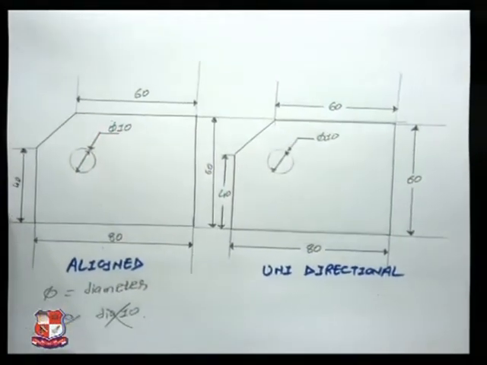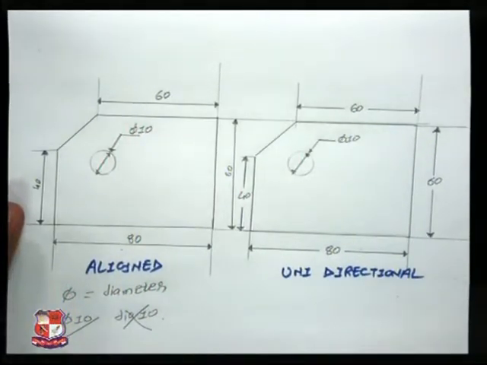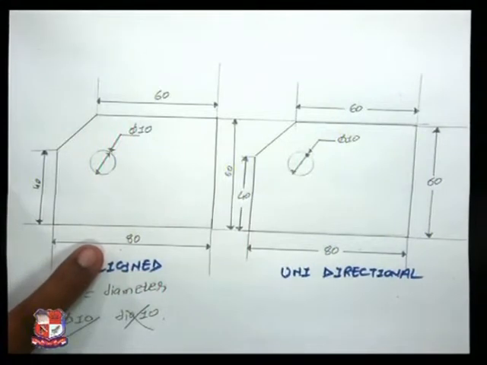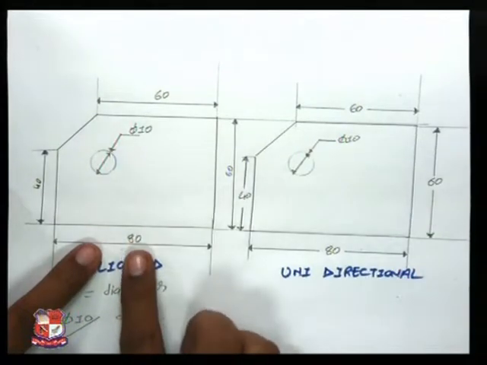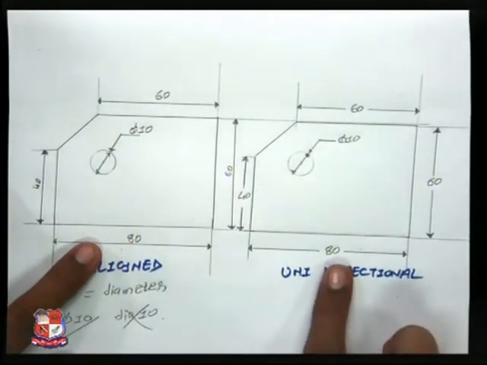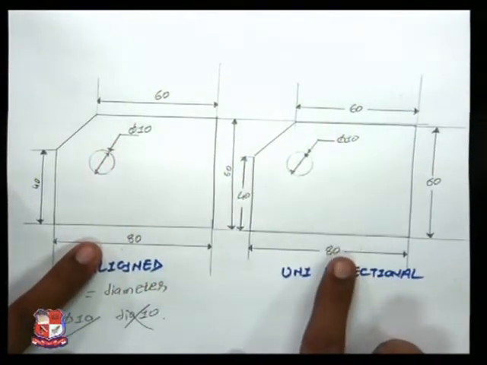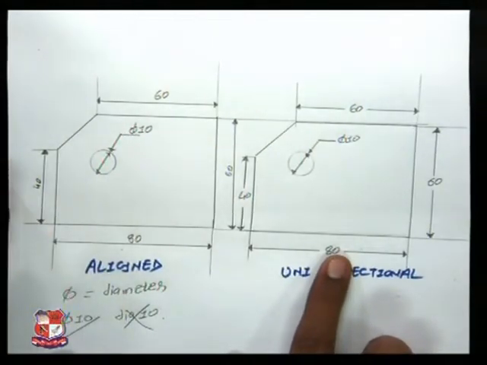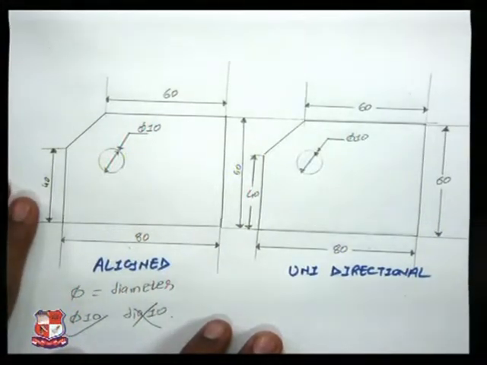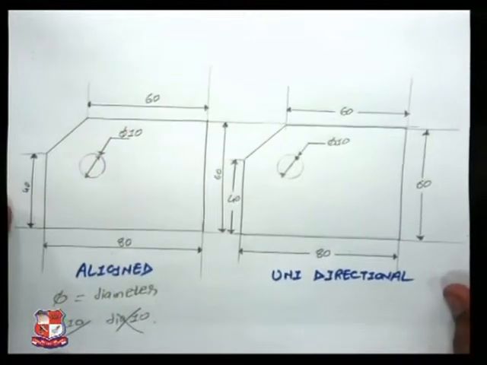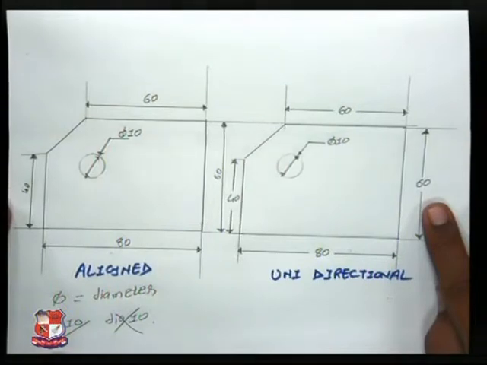You can see a clear visible difference between the two dimensioning systems. First, in the aligned method, the dimension line is complete and the dimension given is above the dimension line. Over here, the dimension line is broken in the middle and the dimension is given in the break space. For the vertical dimension, the dimension is parallel to the vertical line. But over here, the dimension you can see from the front side only, it is not parallel to any line.